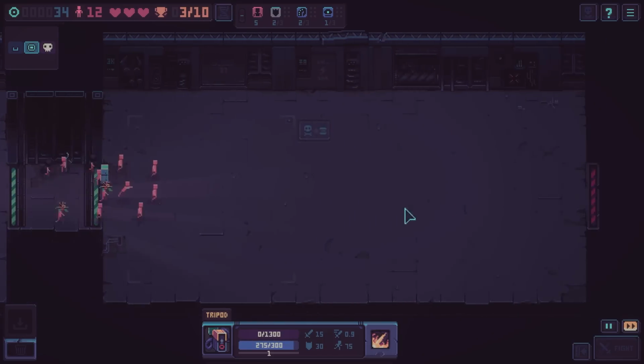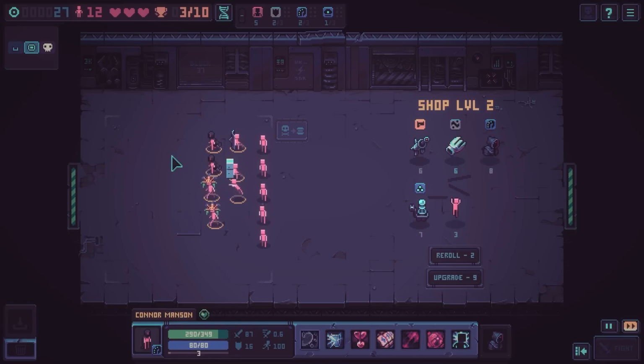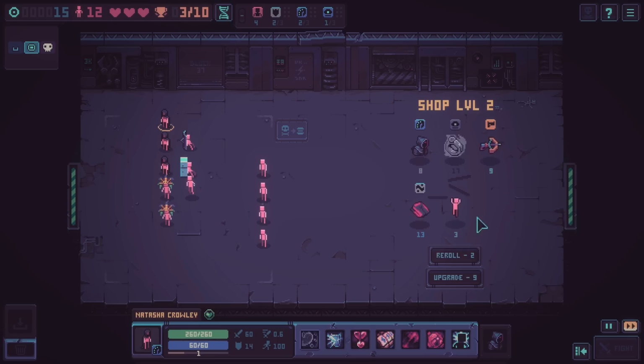I desperately need to save my money up so I can buy the next cultist upgrade. I've spent so much money on rerolls. This would be kind of funny. How many can I have? Okay, your current result, 3 victories. Whoever reaches 10 victories is a champ. All right, I'm gonna buy...